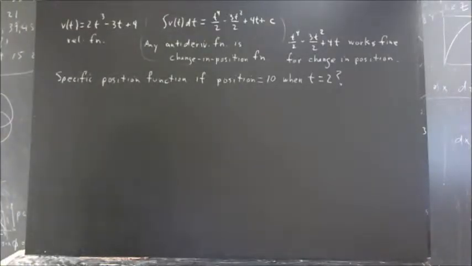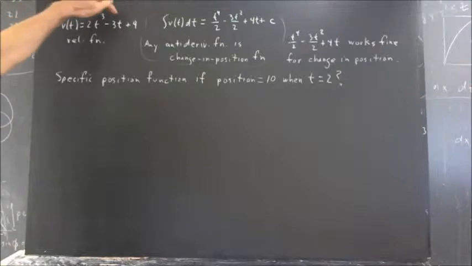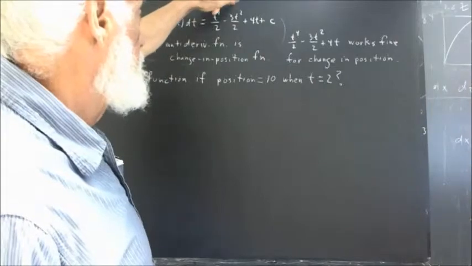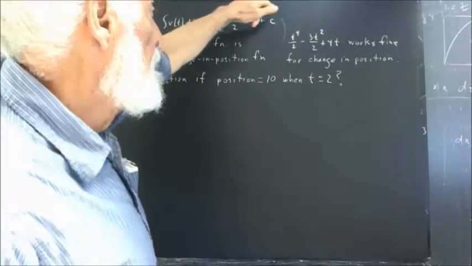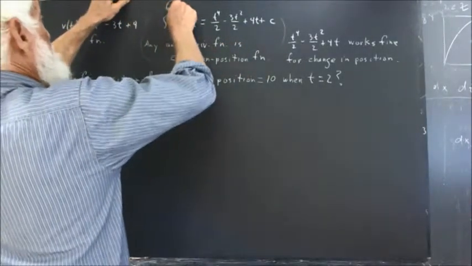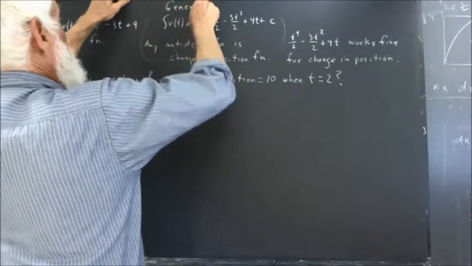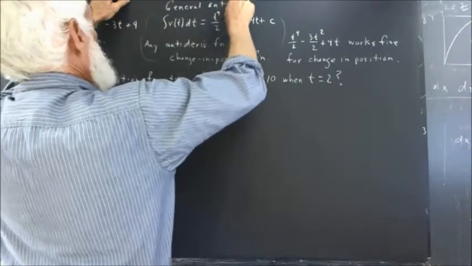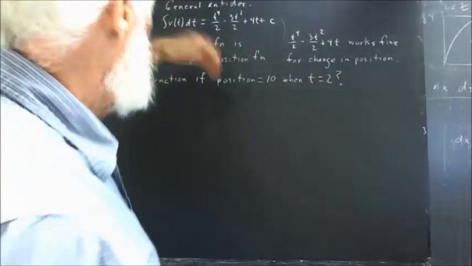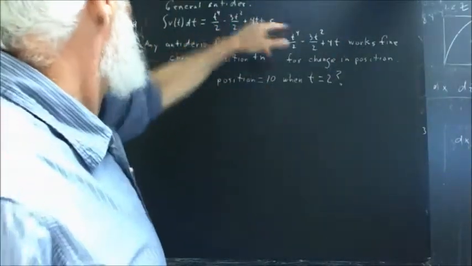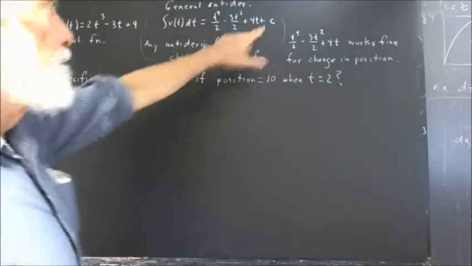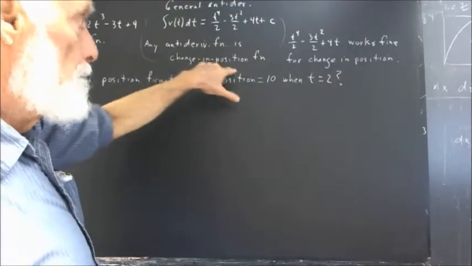So what we have for our first example, v of t was 2t cubed minus 3t plus 4. The antiderivative was t to the 4th over 2 minus 3t squared over 2 plus 4t plus c. This is our general antiderivative, where we understand that c is a constant and c could be anything, so there are infinitely many possible specific antiderivatives. Any of our antiderivative functions for any value of c is a change in position function,